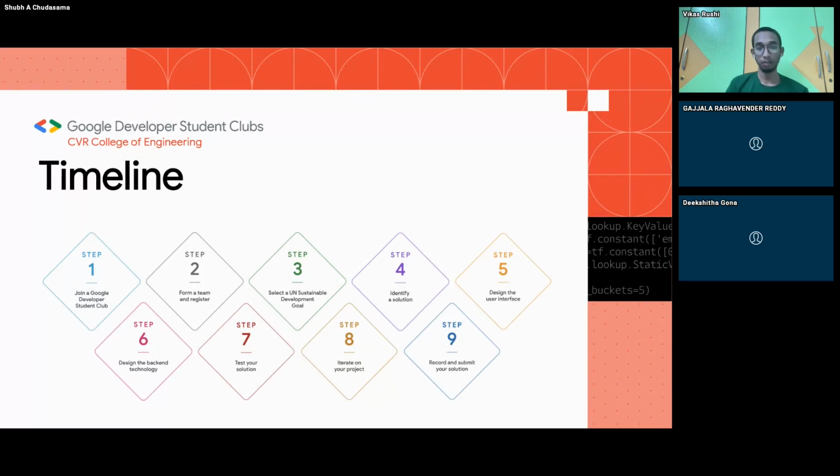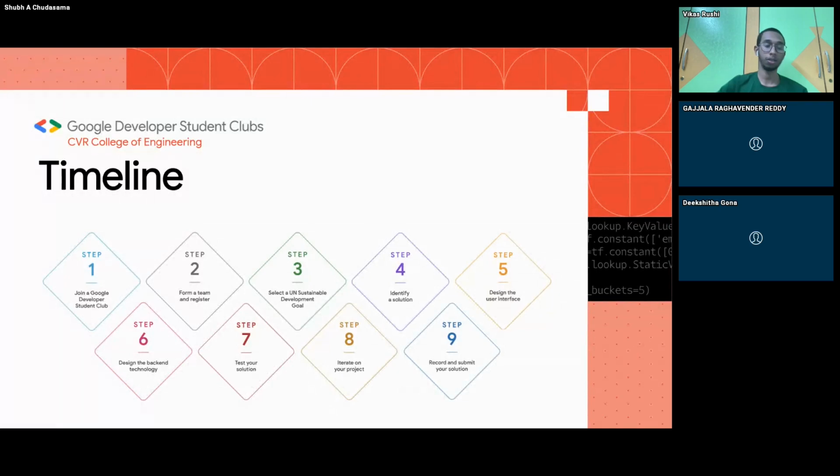Something like that. Every year the Google Solution Challenge is conducted in March. It was conducted this year, 2023, and for 2024 it will most likely be conducted in the month of March. When you form a team, we will assign you a mentor from a Google student club. If the project is based on Android, we'll assign you Android members from our team to assist you in the project.